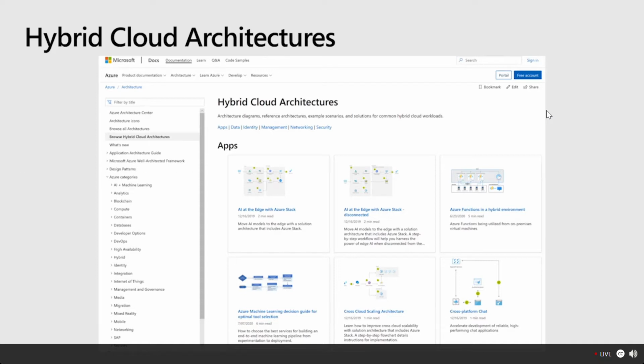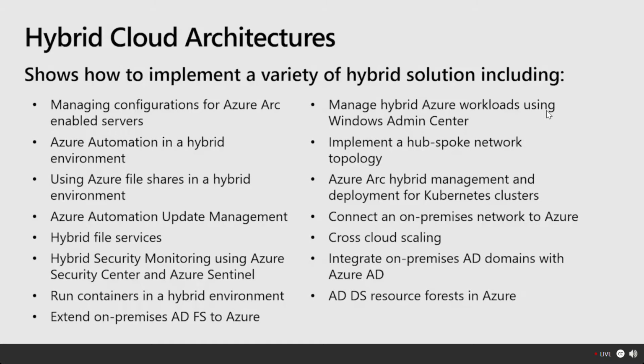Included in the existing hybrid cloud architectures, and more are being added all the time, we have architectures such as how to manage configurations for Azure Arc-enabled servers, how to use Azure Automation in a hybrid cloud environment, how you can use Azure file shares in a hybrid cloud environment, how to use Azure Automation Update Management to manage your updates, how to use hybrid file services so that you've got file servers on-prem and in the cloud, how to use hybrid security monitoring with Azure Security Center and Azure Sentinel, how you can run containers in a hybrid environment, how you can extend on-premises Active Directory Federation Services through to Azure,